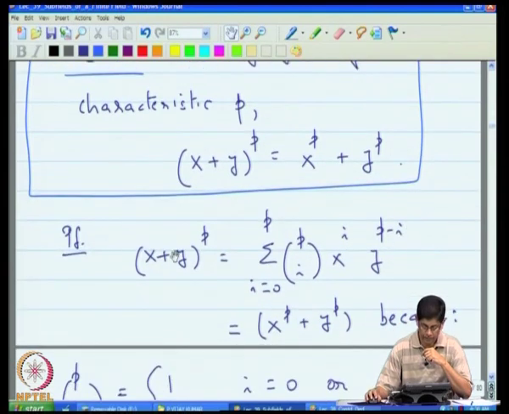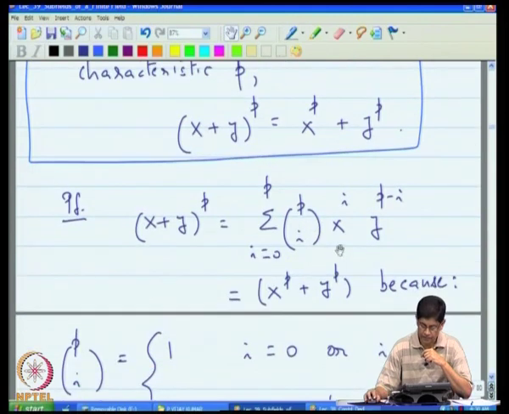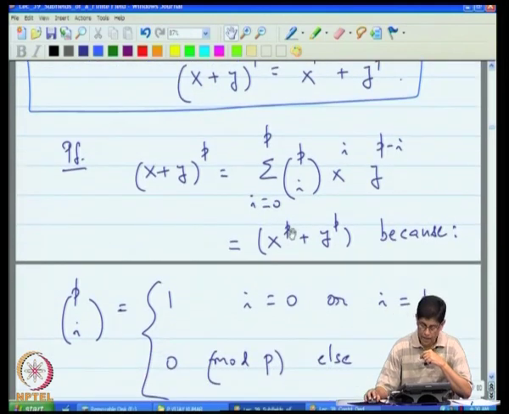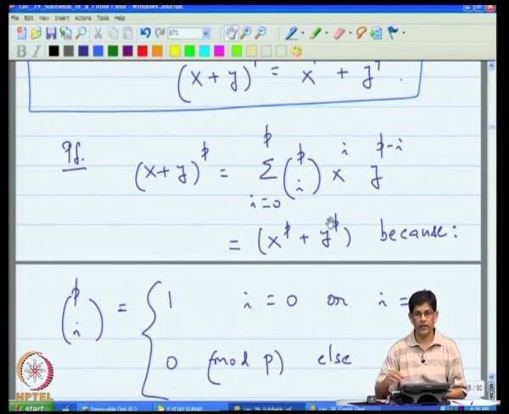How do you prove that? You just carry out the binomial expansion. So, (x plus y) to the p is the sum over i equals 0 to p of p choose i, x to the i, y to the p minus i. Now, it turns out that there are actually p plus 1 terms in here, but if you work it out, only 2 terms, the 2 extreme terms, survive, the others vanish,